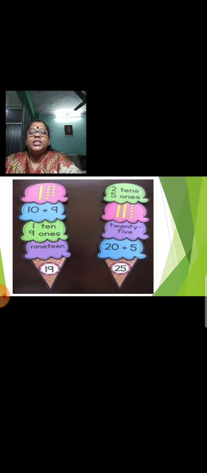Here, can you all see this ice cream cone, children? Parents? Okay. What you are going to do is cut out from paper, any colorful paper, and with the 5 numbers I am giving, you are going to make counting in groups. You are going to show the counting in groups, the expanded form, and you are going to write the spelling of that number. The example is given here.